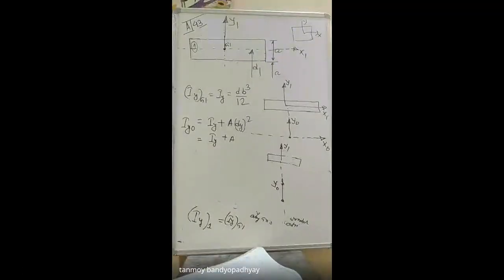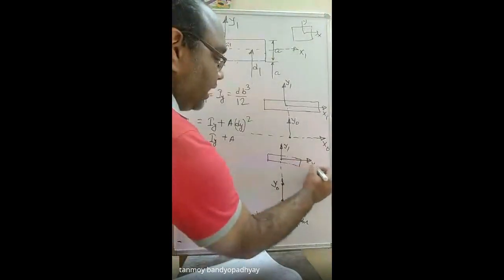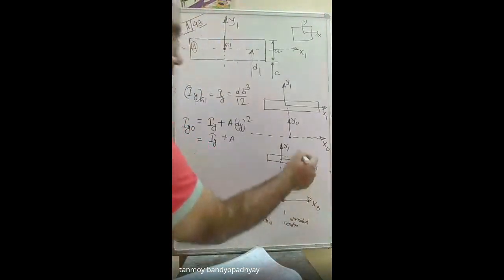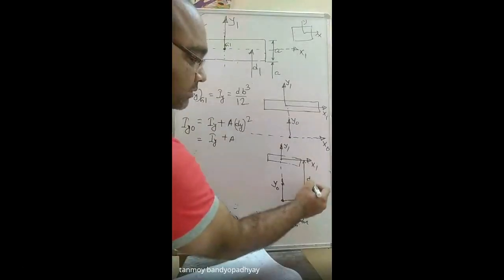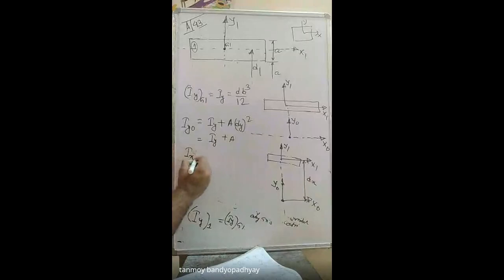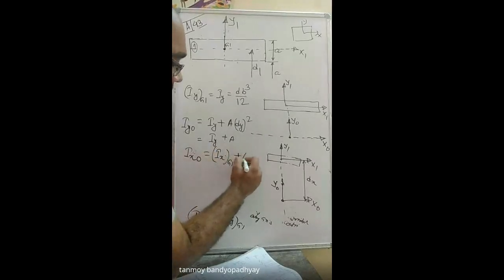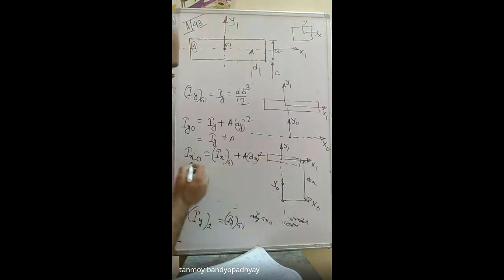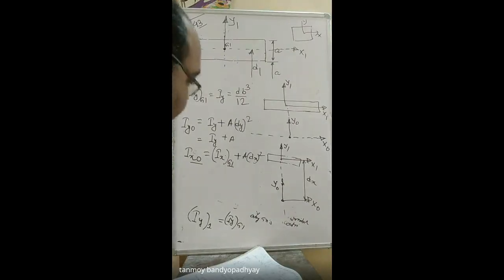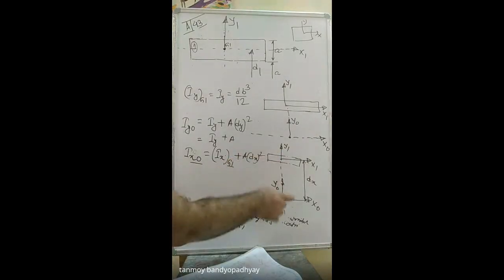But for x0, for x1 you see x1 and x0 are not parallel, so they are actually different. So the value of d A here becomes 0 for the coincident one. When you are calculating Ix0, in that case you have to do Ix plus, so I call this g1, Ix g1 plus A into dx square, since this x0 and g1 axis are different actually. Understood? Let me do the next one, it will be clearer. Y1 and y0 are coincident, so I don't need to apply the parallel axis theorem. I can just put the values directly.